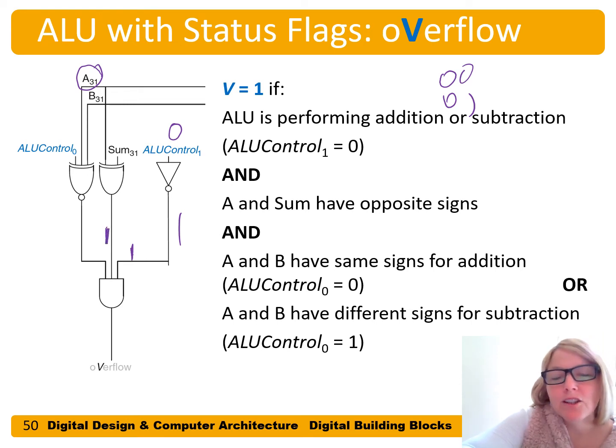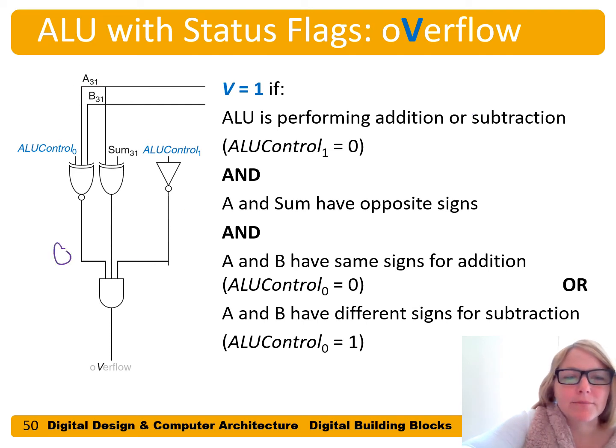But maybe we're doing addition and A and B have opposite signs. Okay, this one says, not going to happen. Or we're doing subtraction and they have the same sign, it says, not going to happen. But if all of those are true, right, we're doing addition or subtraction, yes, the sum and the operands have opposite signs,